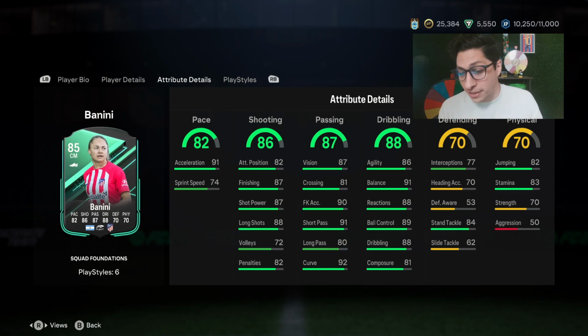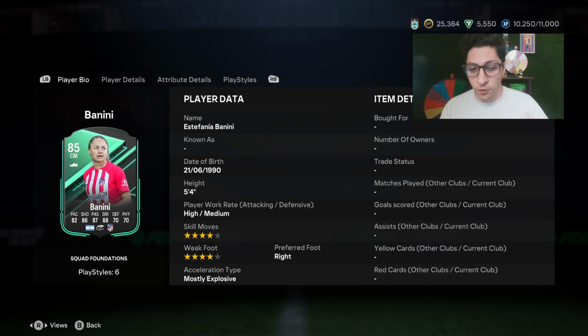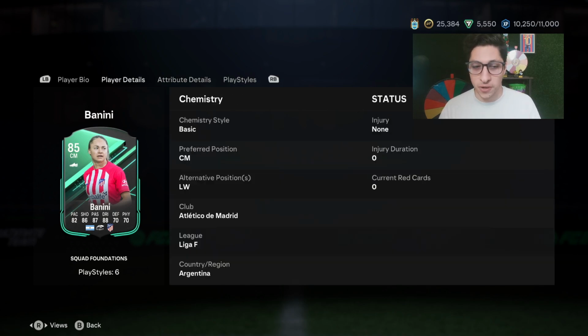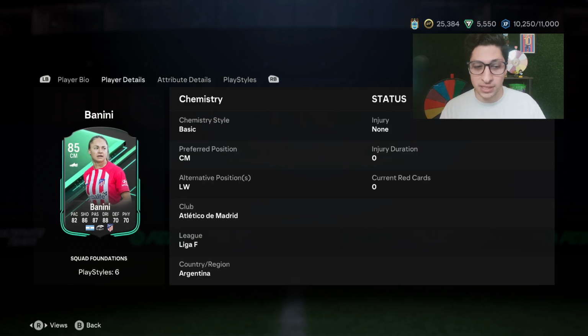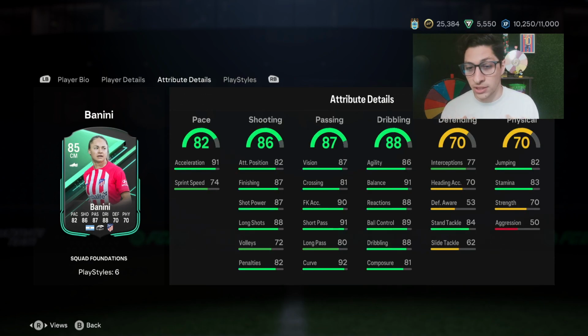Here is Banini, who actually has some really nice stats. 4-star skills, 4-star weak foot, high medium work rates, 5'4", can play center mid and left wing. Everything about her card, realistically, looks good. Although she can only play center mid and left wing, to me she clearly ships as a CAM. She clearly, in my opinion, is a card that is best made to play in that role,